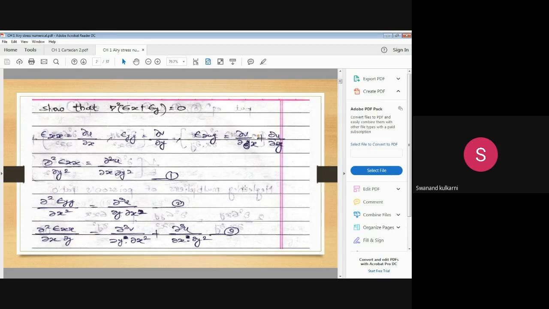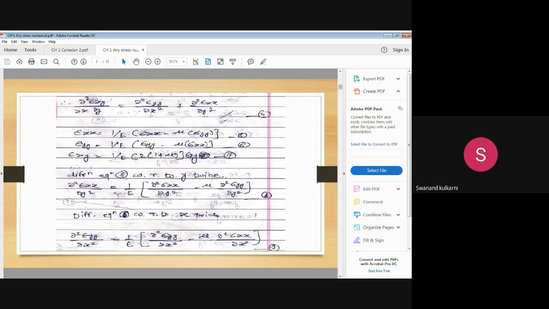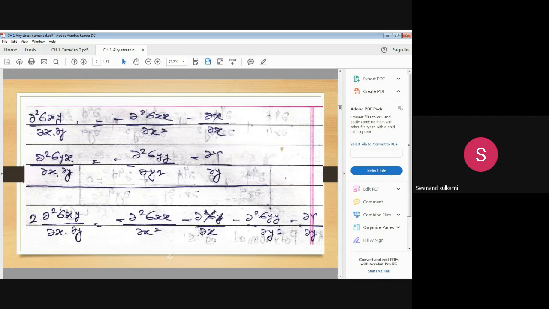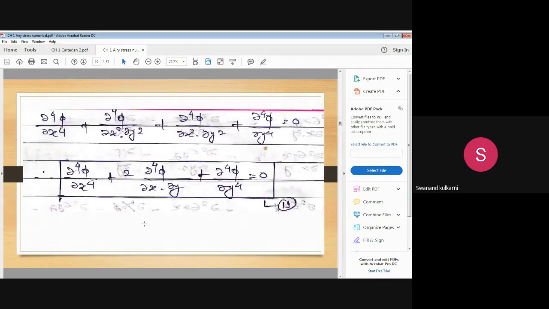If we are not true with that assumption, then definitely that will not be valid. Suppose material is not continuous, then this will not be okay. If material is not isotropic, this equation will not be useful in that case. If suppose material is not homogeneous, this equation will not be useful. So material should be isotropic, continuous, homogeneous, it should obey Hooke's law, and deformation should be very small. So with these concepts, this Airy stress function is valid. Is it okay? Any doubt regarding this?